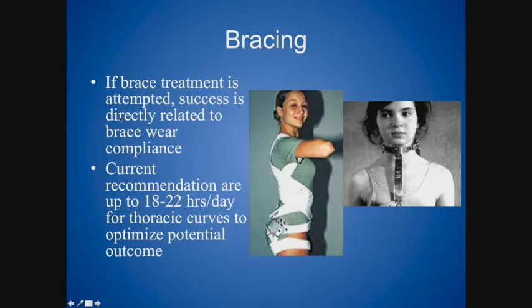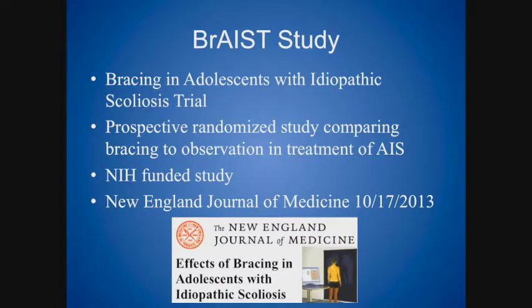Typically, the idea behind bracing is that if you're going to wear a brace, you really need to wear it as much as possible in order to make it work. I like this picture because these are two children wearing braces. These are actually both advertisements to try to sell braces. This one is a flexible brace, doesn't really work, but she looks really happy. This is called a Milwaukee brace, which is back in the 60s and 70s. This is the happiest kid they could find to put in this brace to take a picture. It's clearly not super successful, I'm sure, with that brace. So anyway, in terms of bracing,